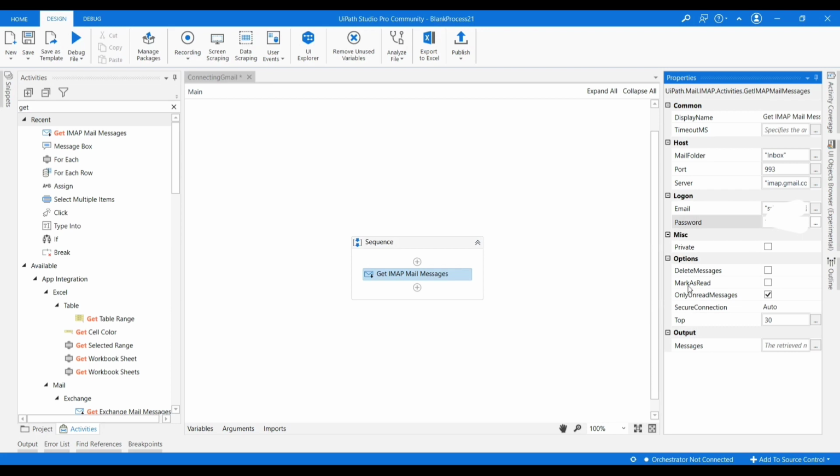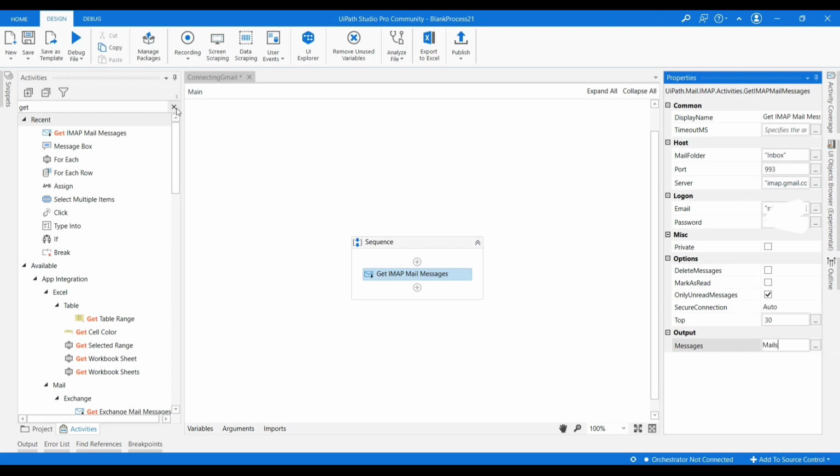And I want to read only unread messages, and I want to read the top 30 records. Now I need to output to a variable, so I am creating a variable called mails.